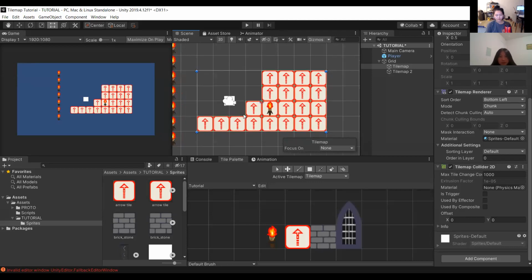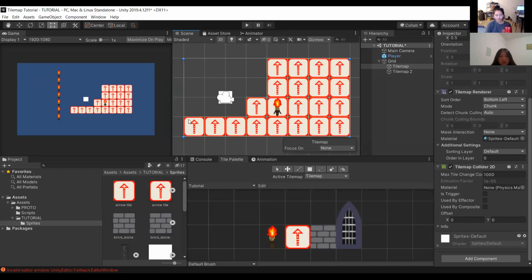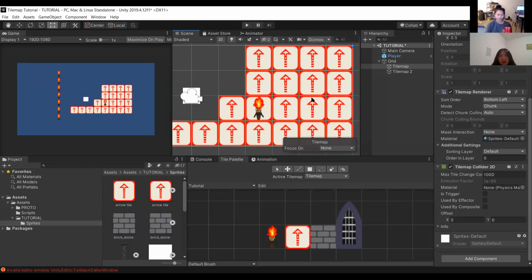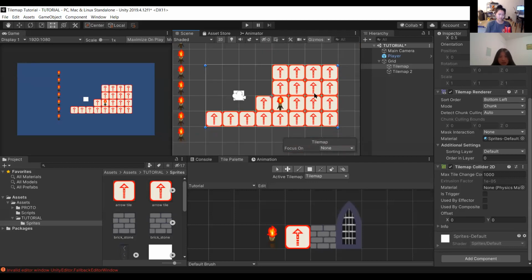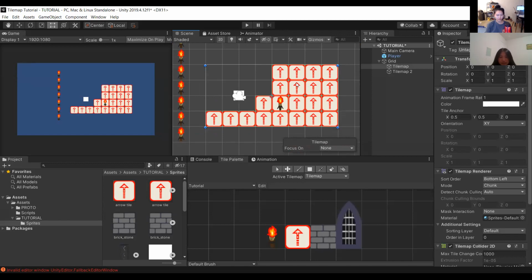So, back to my explanation. Having every single tile have its own separate collider doesn't make a lot of sense when your map is very huge. For example, these tiles here, the player will never ever interact with them. So giving them each a separate collider just creates a lot of memory issues. It takes up a lot of space.